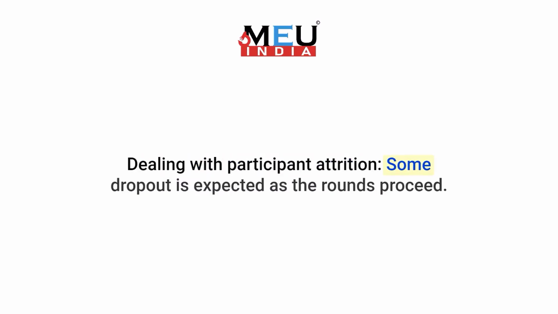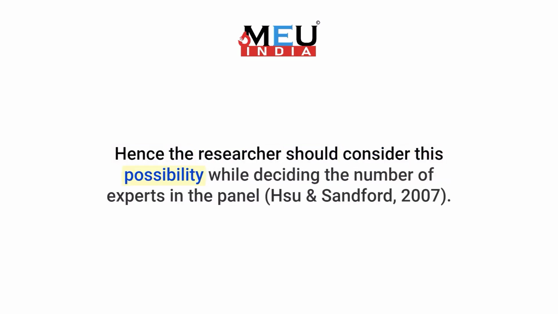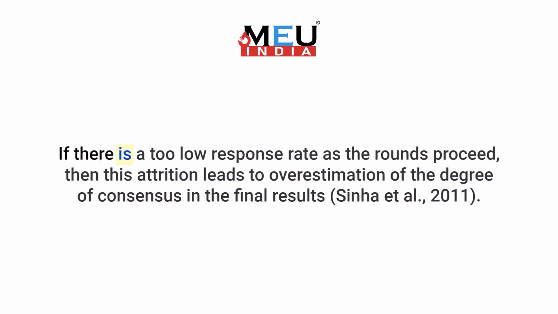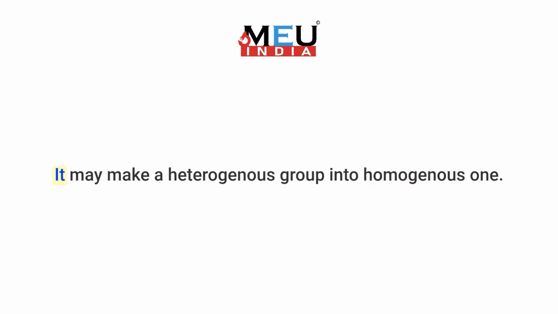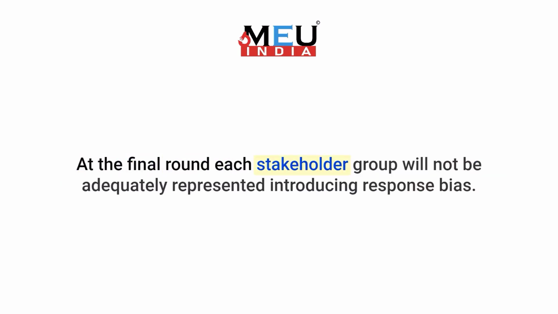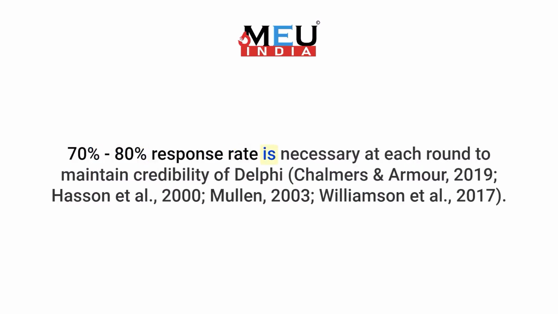Dealing with participant attrition: some dropout is expected as the rounds proceed. Hence, the researcher should consider this possibility while deciding the number of experts in the panel. If there is too low a response rate as the rounds proceed, then this attrition leads to overestimation of the degree of consensus in the final results. It may make a heterogeneous group into a homogeneous one. At the final round, each stakeholder group will not be adequately represented, introducing response bias. A 70 to 80% response rate is necessary at each round to maintain